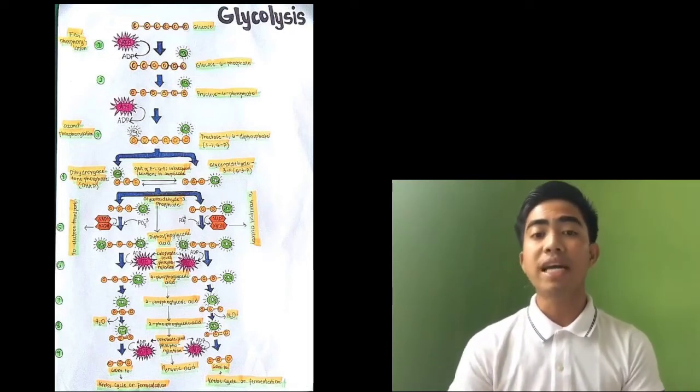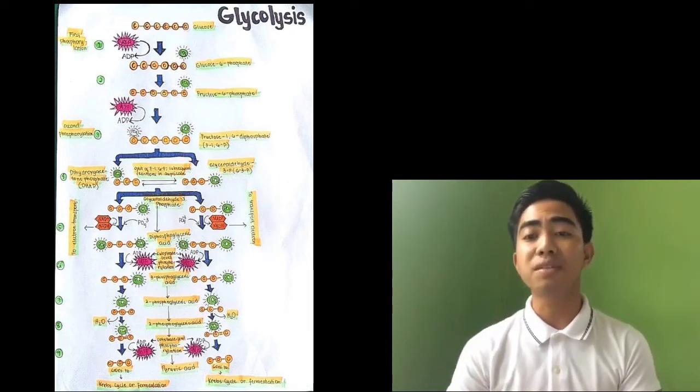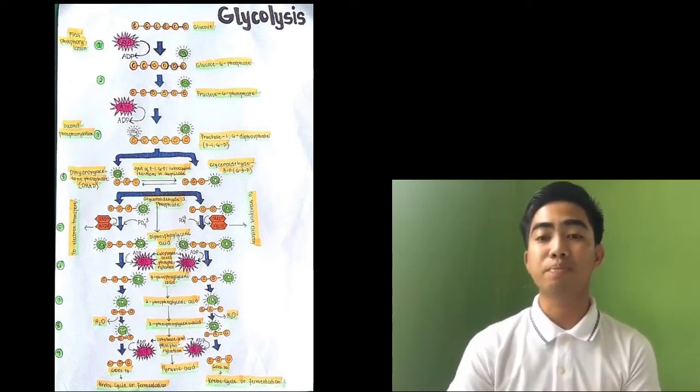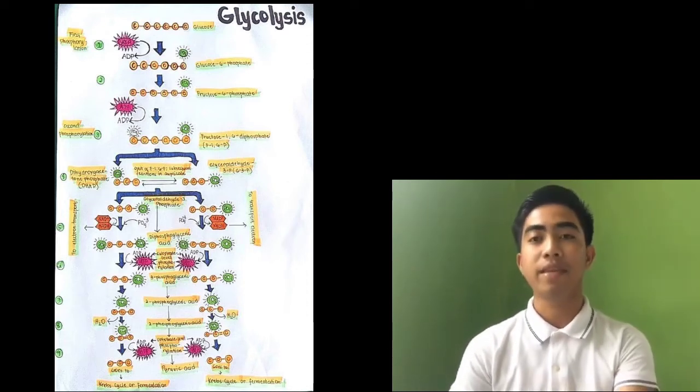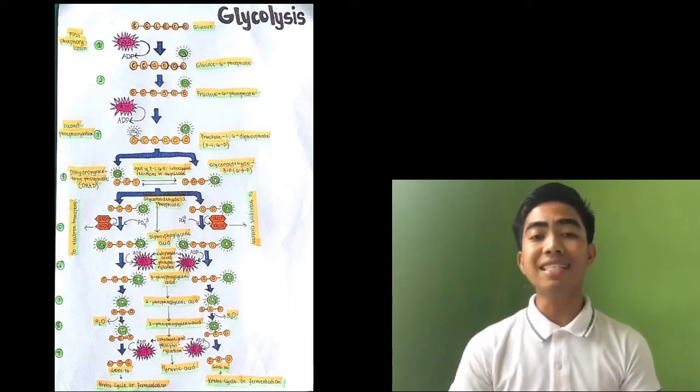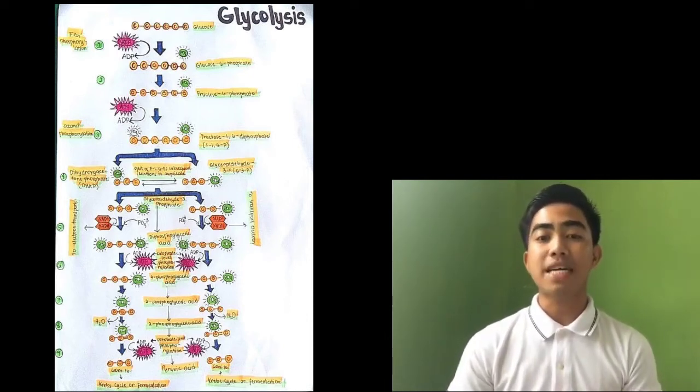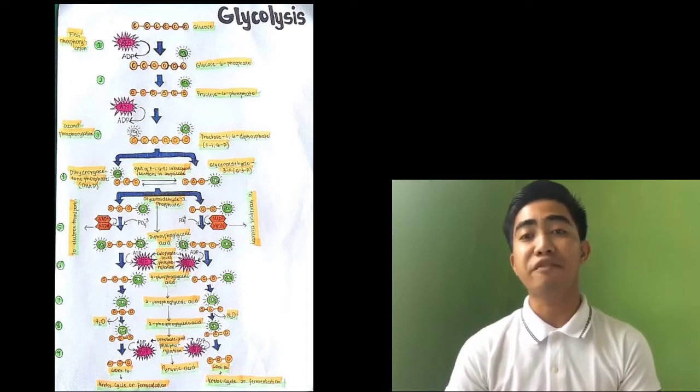So step 2 is merely the conversion of glucose 6-phosphate to fructose 6-phosphate, and the enzyme responsible for this is phosphoglucoisomerase. So that's it. And for our step 3, another ATP is spent in phosphorylating the first carbon of fructose 6-phosphate,